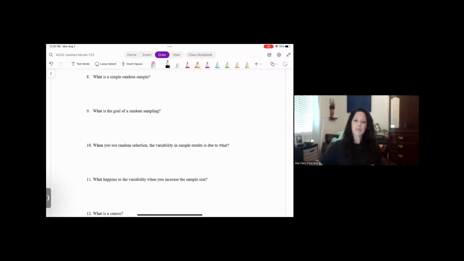A simple random sample is one in which a sample of a certain size has an equally likely chance of being selected. Let's say I have a population of 100 people, and I want to take a sample of size 5. A simple random sample is one in which every possible sample of size 5 has an equally likely chance